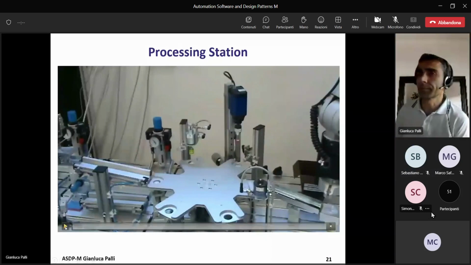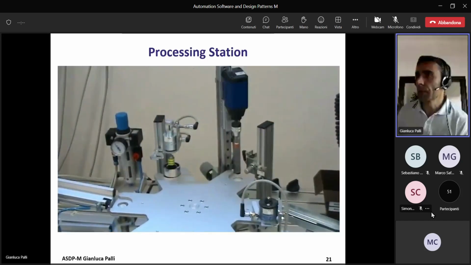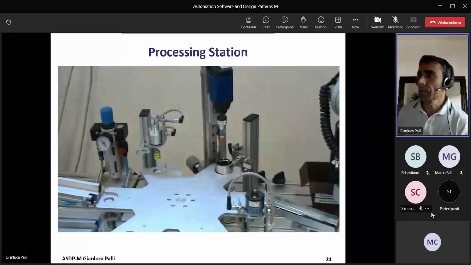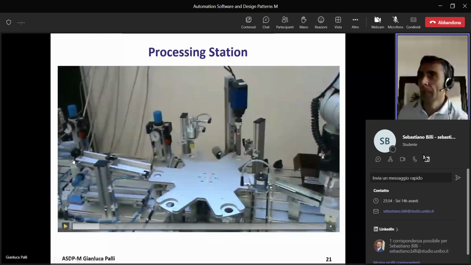Next in our assembly line, we have the so-called processing station. This is the video showing how it works. Just some details here: you see the body is ejected from the elevator by the ejection cylinder from the previous station, slides through the air cushion, and